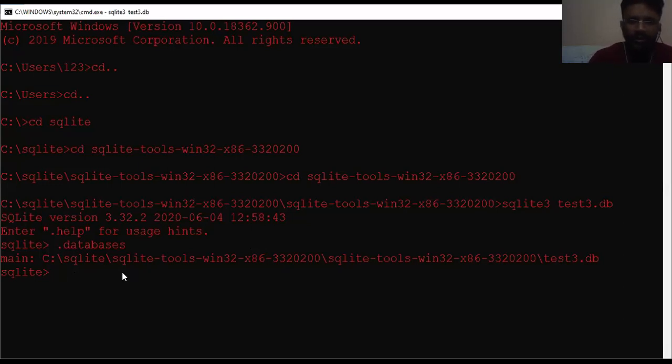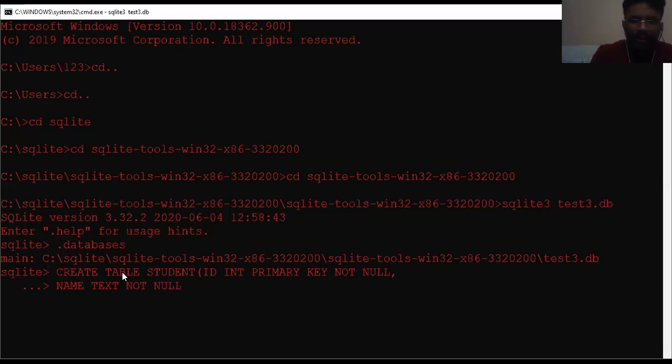Once we start with create table, there will be the command CREATE TABLE, and the table name, suppose, is student, open parenthesis, id INT PRIMARY KEY NOT NULL, then comma, then next, suppose name, with type TEXT NOT NULL.